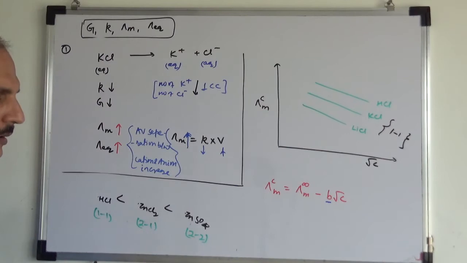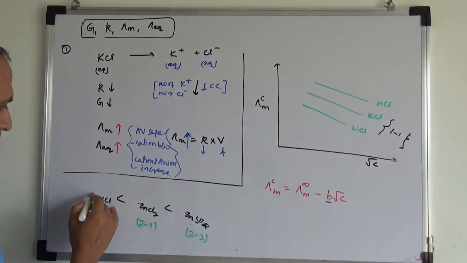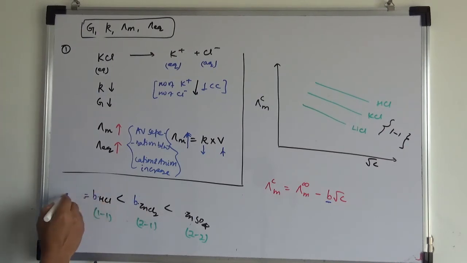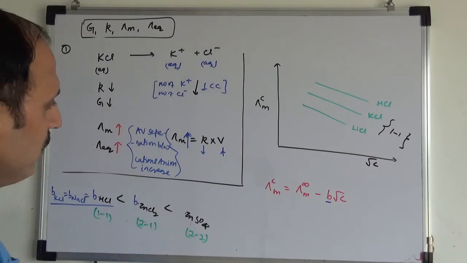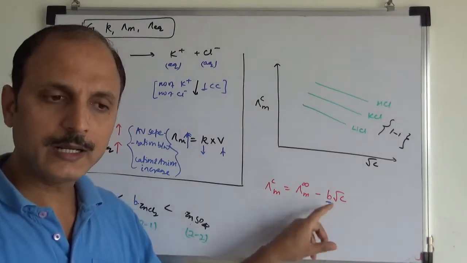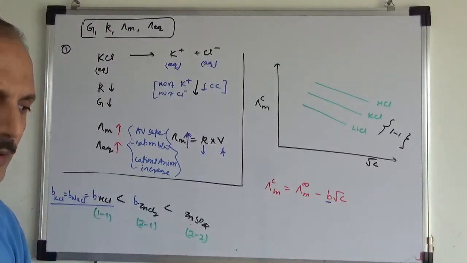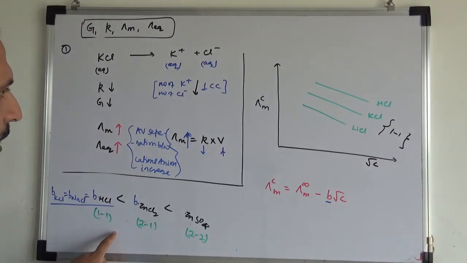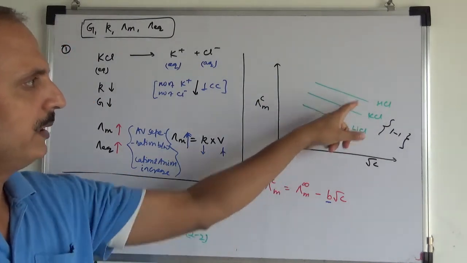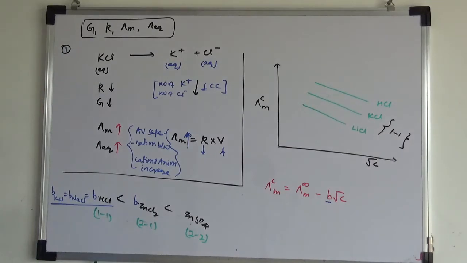जो अपना Debye constant है, तो B for HCl is equal to B for KCl, that is equal to B for NaCl. In this case all are 1:1 charges, means जो Debye constant है, this B constant, that depends on the interaction between the charges, and as you move on from here to here, the concentration, the equation is going to depend like this.